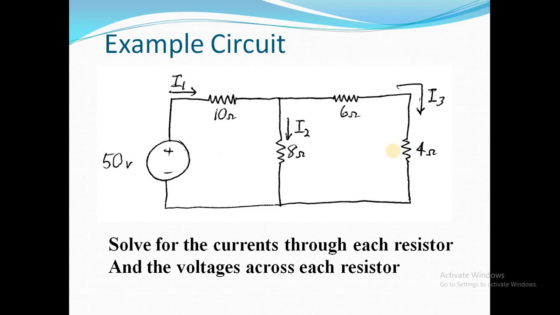I hope you will solve this problem carefully. As I said, apply KCL and KVL whatever you want and calculate I1, I2 and I3. Okay, so in the chat box or to the WhatsApp group you can put the answers as early as possible. Hope you will solve this circuit as early as possible. I will appreciate those who give the answer first.